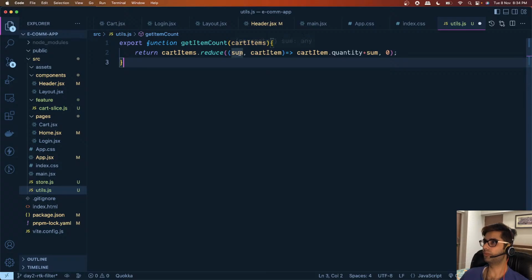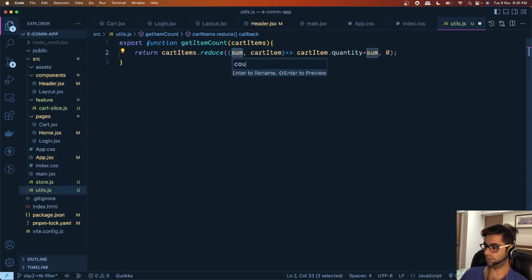So initially sum is 0, right? So for the first object it will add the quantity with 0, then we move on to the next cart item, and whatever was the previous sum, that will be made available here. Then we will add that quantity with whatever was the previous count. Okay, so we can also call this as count,